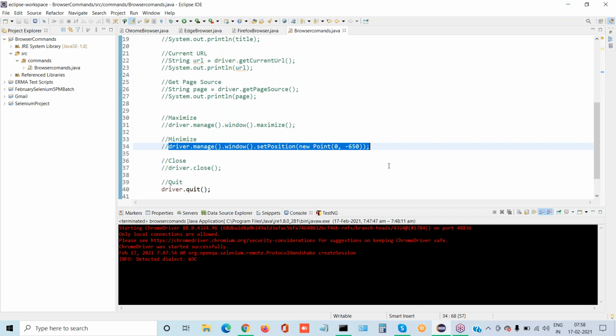Writing all the commands and then executing is time wasting, because if any mistake comes, it takes a little more time. So don't do that. They will give you plenty of time, a lot of time. They will not ask you to do it today itself, or within 2 hours.